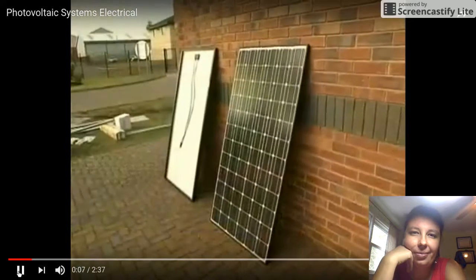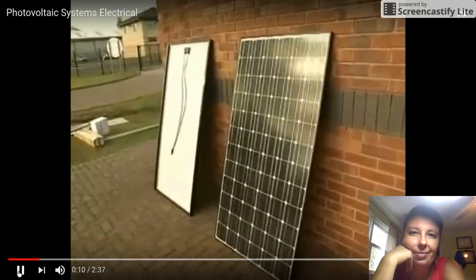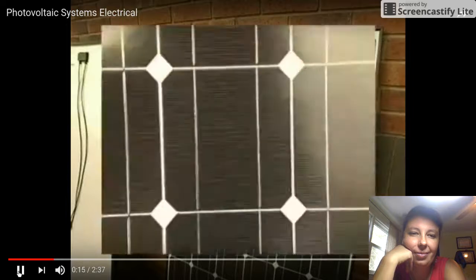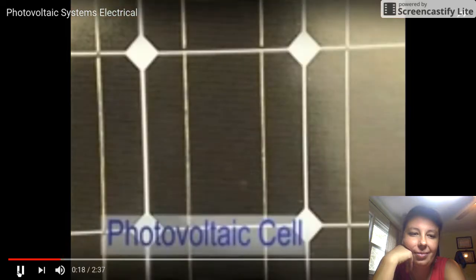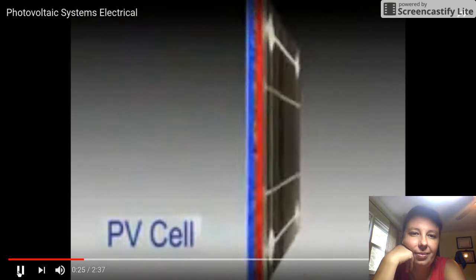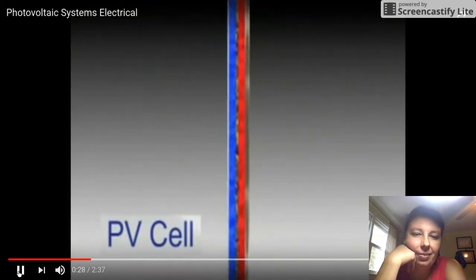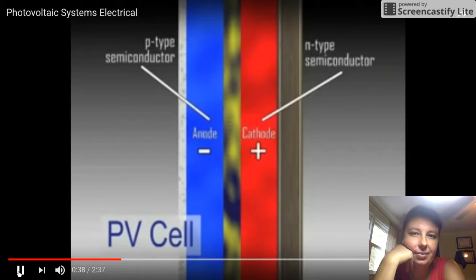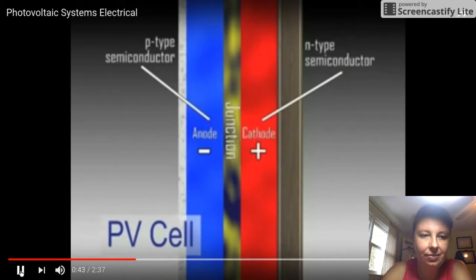The primary piece of equipment for generating electricity from the sun is the PV module, more commonly referred to as a solar panel. These are actually formed from a number of photovoltaic cells, often shortened to photocells or PV cells. A PV cell is, in very basic terms, a large diode, a one-way device for electric current. They consist of two different layers of chemically altered or doped semiconductors to form an anode and a cathode, separated by a junction, which is a very thin insulating material which has two electrically charged